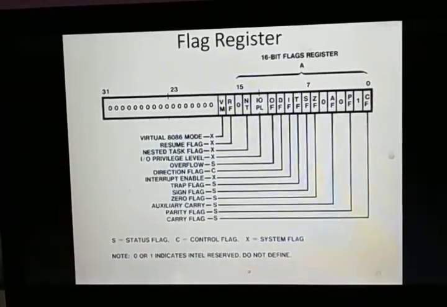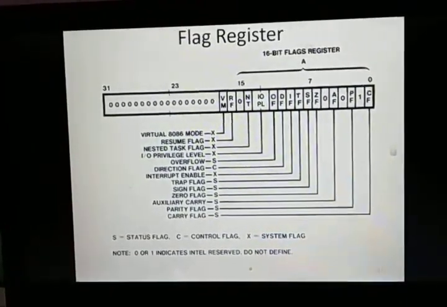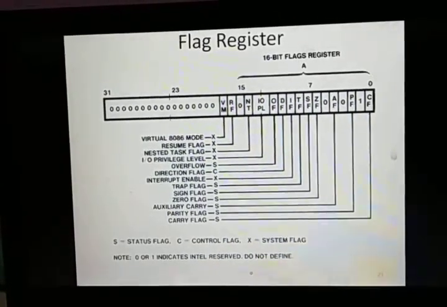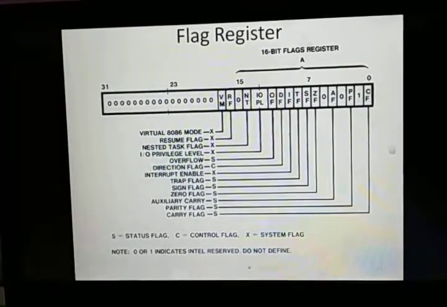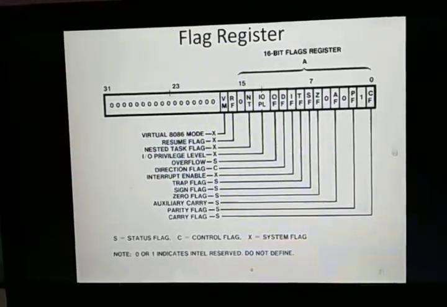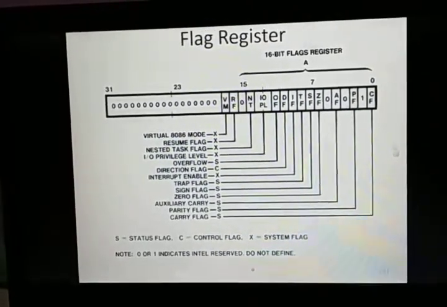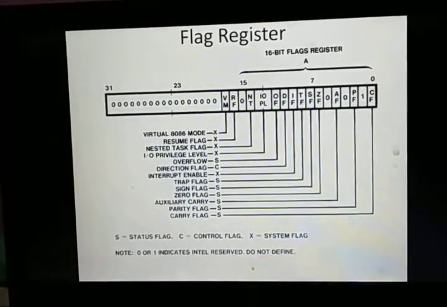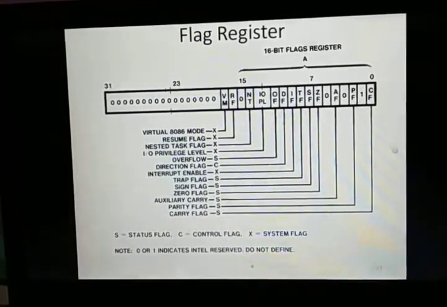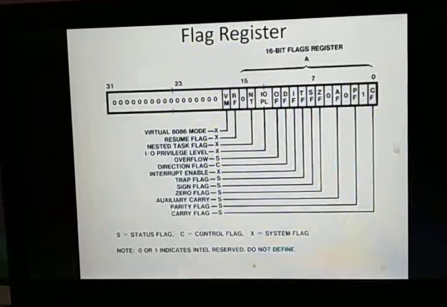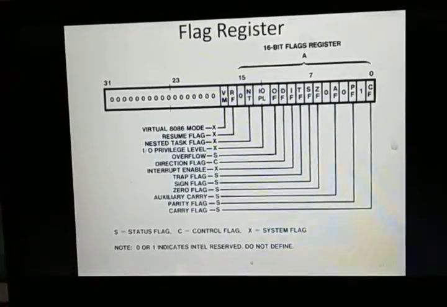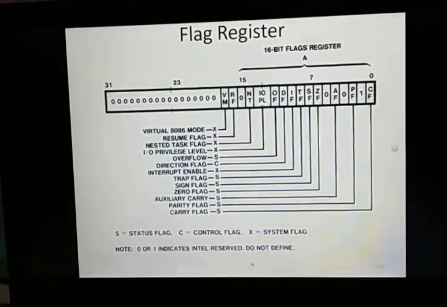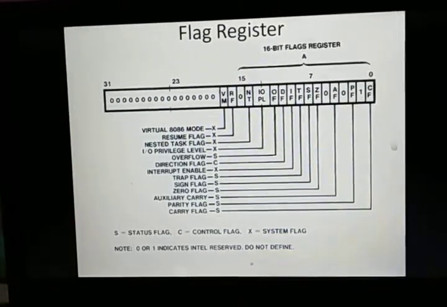Your next bit is the zero flag bit. The zero flag is set to 1 whenever your result is 0; if all bits in your result are 0, the zero flag is set to 1. Then the sign flag, which is again related to the result. Then the trap flag bit. We have seen this bit many times.